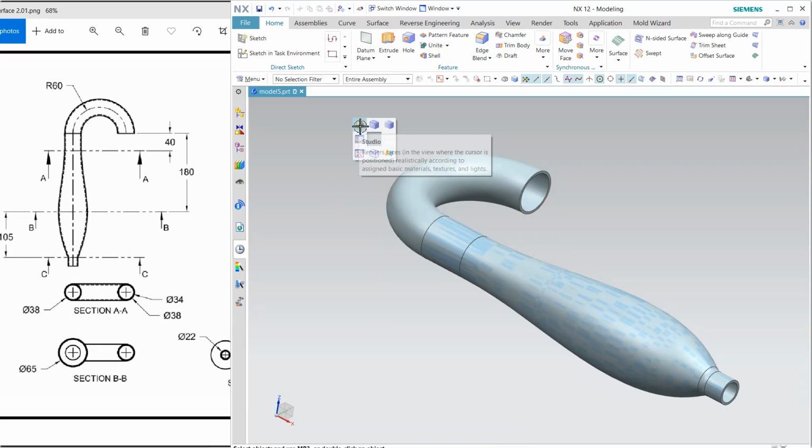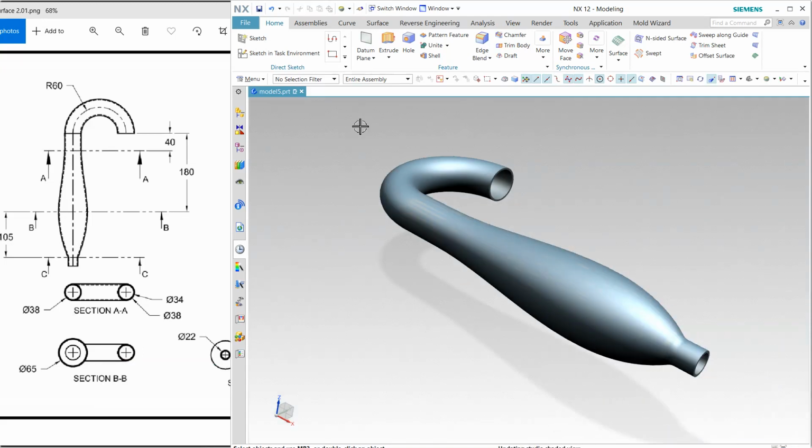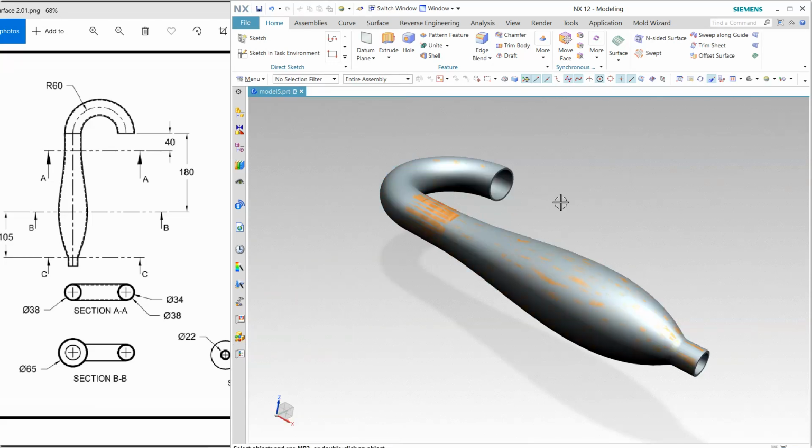And studio mode. Okay, and here we have the materials. If you want to apply any material, just drag and drop. Okay, something is missing. Okay, again I'm going to apply over the second one, the sheet.